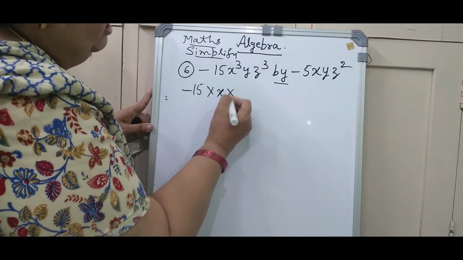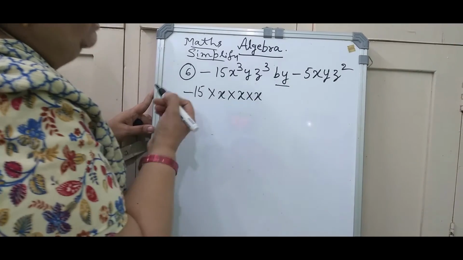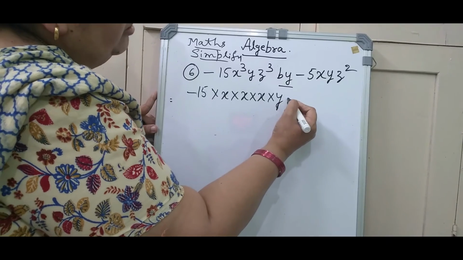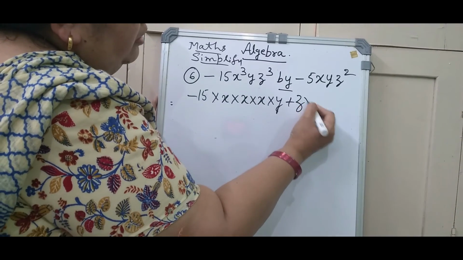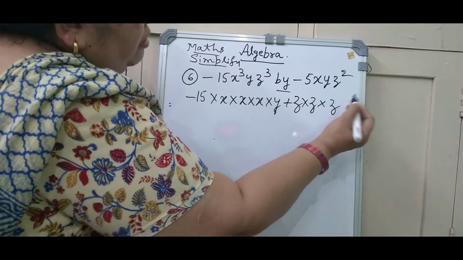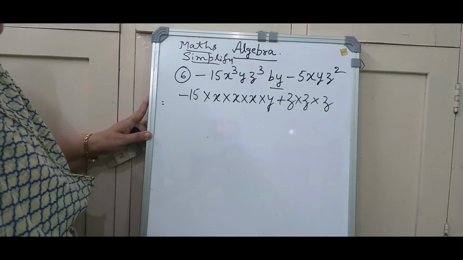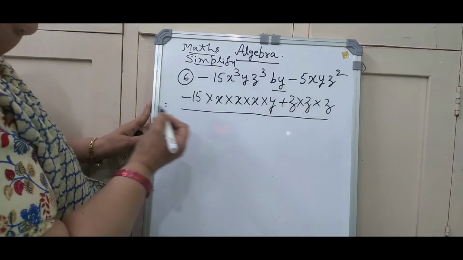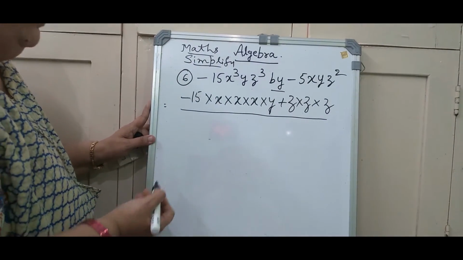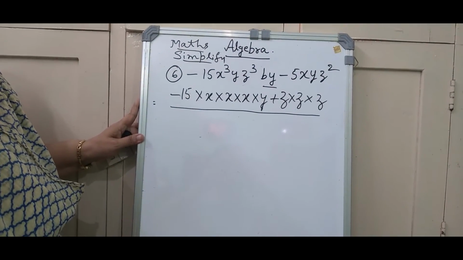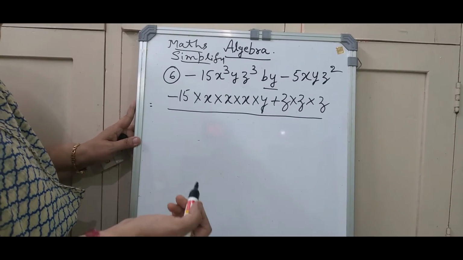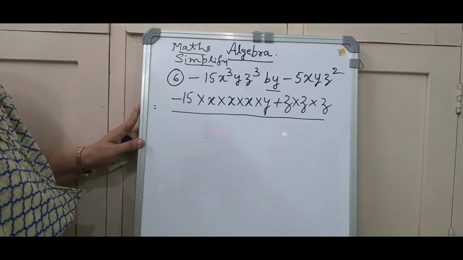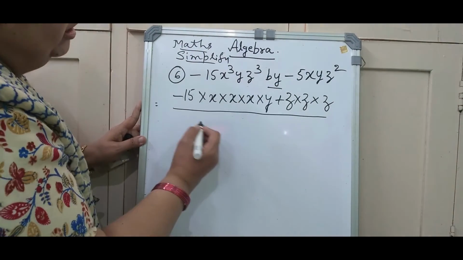15 into x into x into x. Again only single y is there. Don't forget to write that y also. Again z cubed is there. So let me write z into z. So we have expanded this term and we have written. It will be easy for us to simplify. So that is why we have written like that. Many a times if you get expertized in this, you can write it orally also. These are all very, very simple problems. But anyway, for you as a student, for the practice, these things must be done.